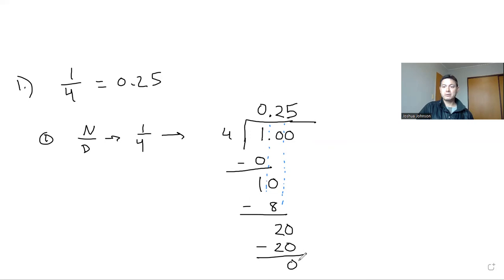We have no remainder. If there was a remainder, we'd keep doing this process. I'd install some more zeros and keep bringing them down and keep figuring multiples, but there's no remainder. So I know that I have arrived at my answer. So I know the solution, the answer I've arrived at is 1/4 equals